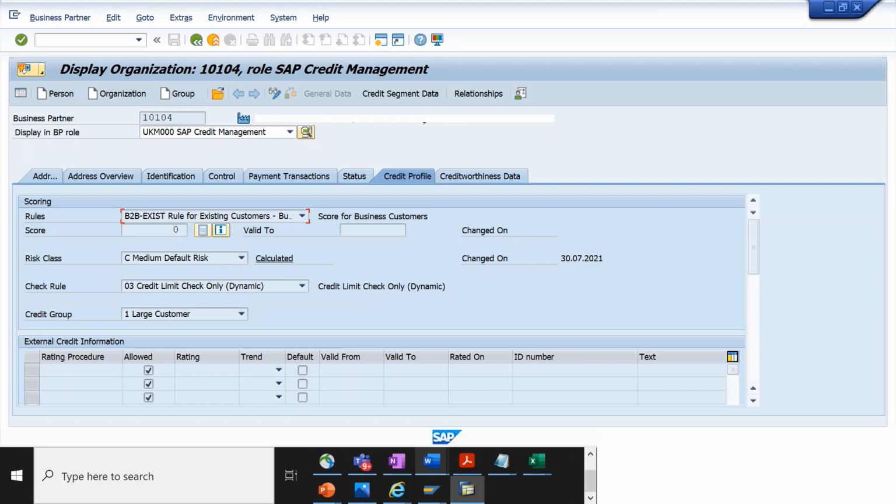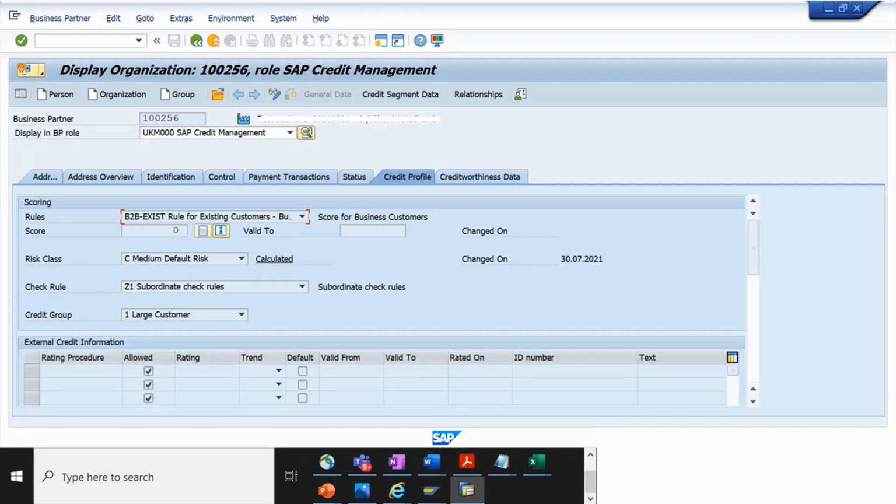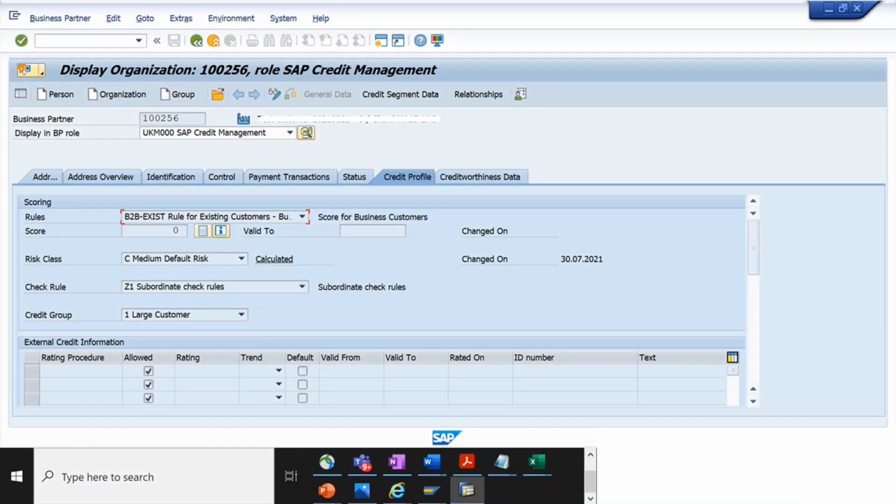We will put a regular credit rule as highlighted here, and then we will click on the credit segment data. This will take us to the credit segment data page. Here, we will put the credit segment and the credit limit. After this, we will save the customer master. This way, we have activated the credit management role of the main customer and assigned a credit limit to it. After the customer master of the main customer, we will do a similar exercise for the subordinates. However, here, we will add the dummy check rule, Z1, that we had created initially, in their credit profile tab,